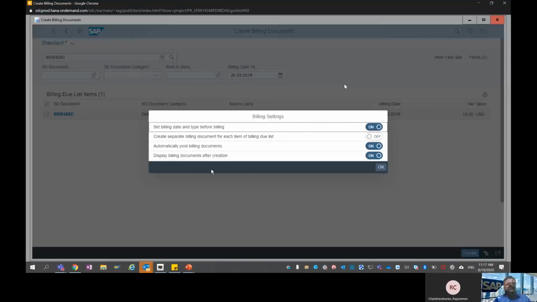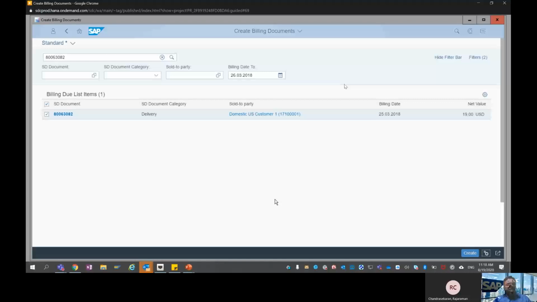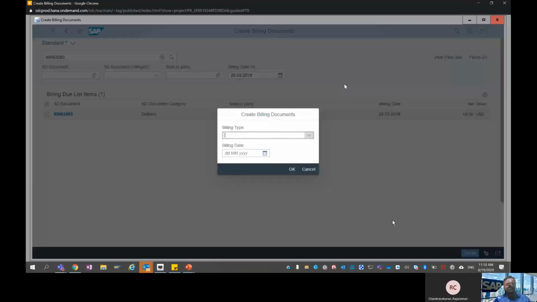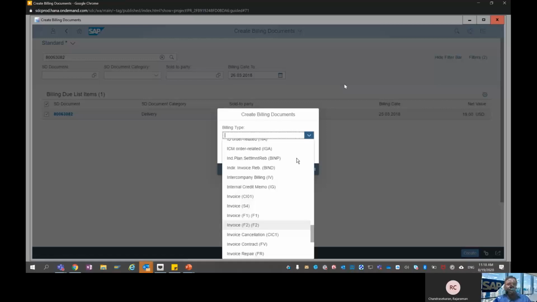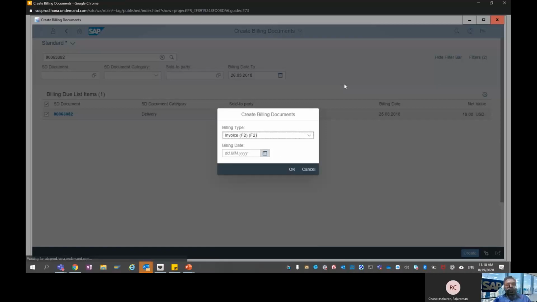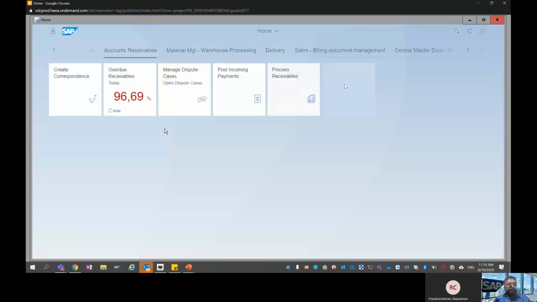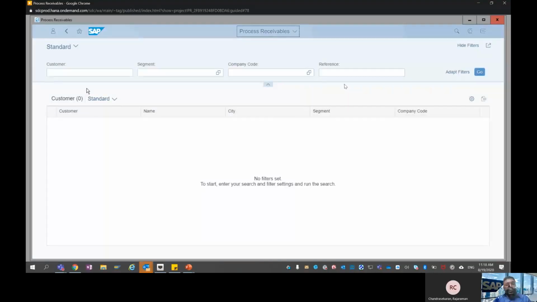Now by searching the sales document, you can find it in the manage billing document app, and then you are going to create the billing document, selecting the F2 invoice type, and the billing document is created.